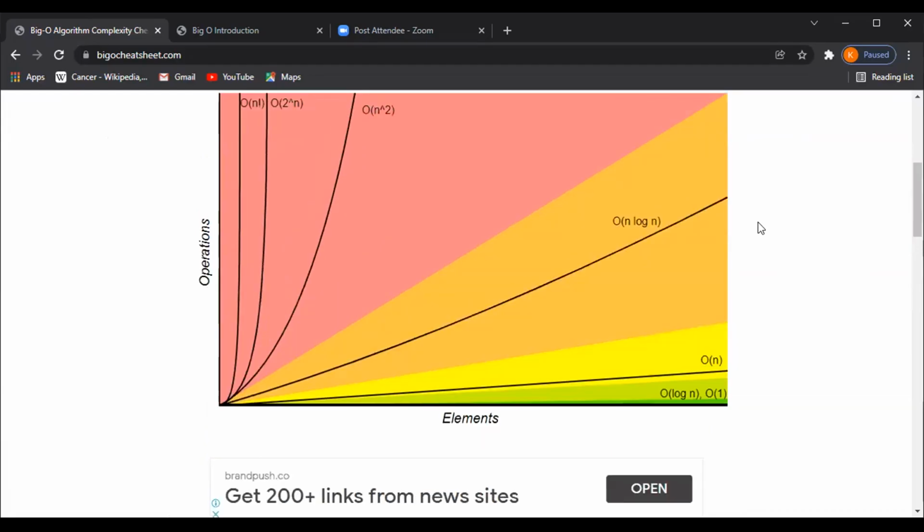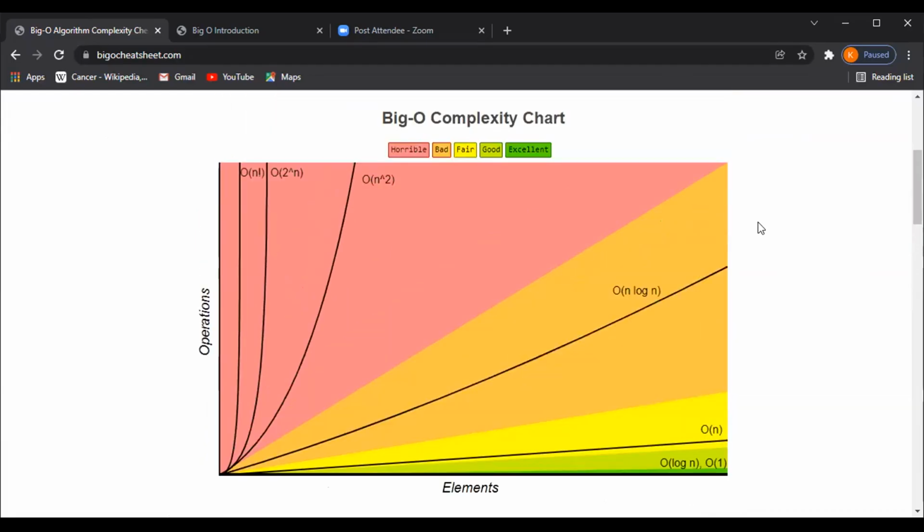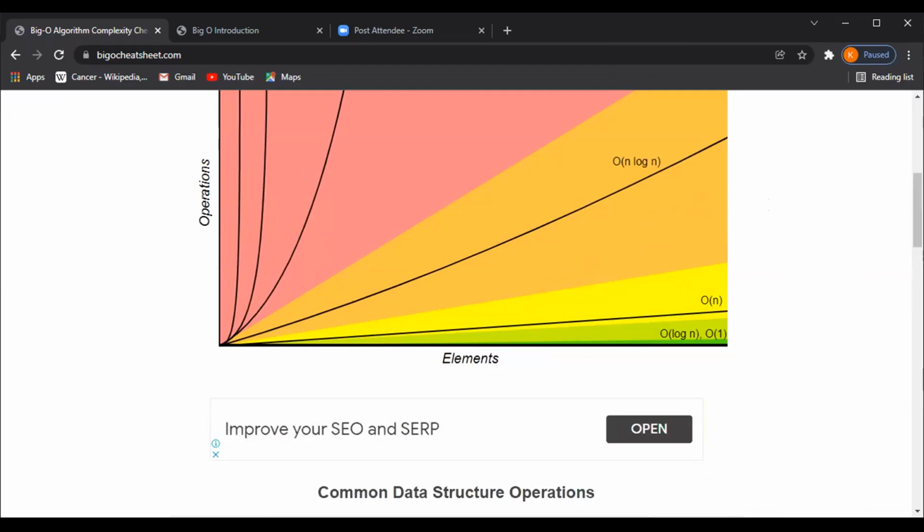Or even the factorial, which is O of n factorial. Now, the way you actually determine it,